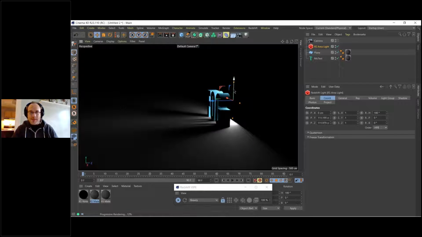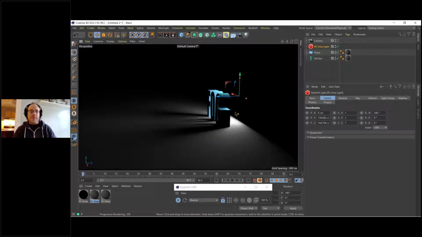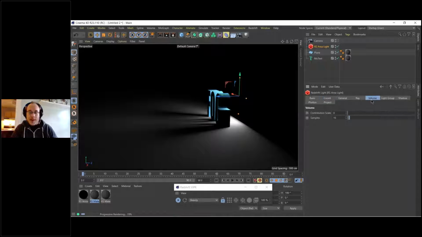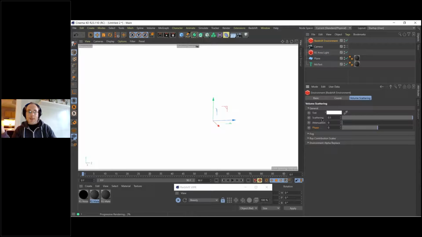So I can see that light and that shadow, and that's cool. But now I actually want that volumetric light. So what we want to do is go to the volume tab of the light and turn that up. And we don't see anything. What we need to have this volumetric light calculated is we need to add the Redshift object called Redshift Environment to the scene. Now, because it comes in with this default general scattering parameter of 0.1, we get this